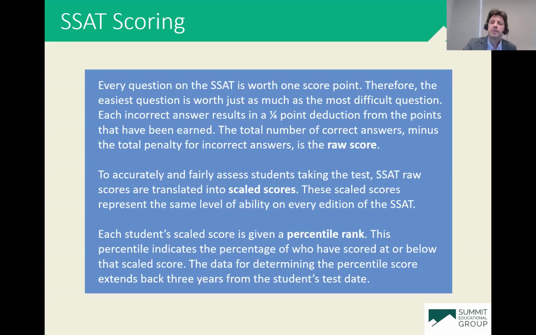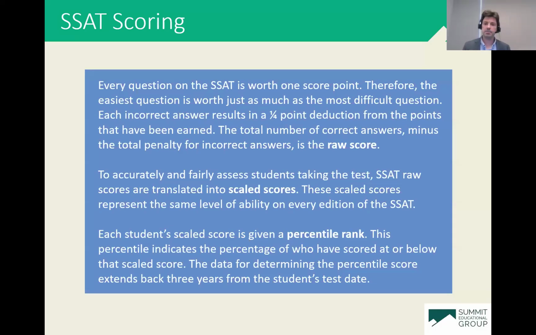And then the SSAT also has what we call, again, back old school to the SAT, if you remember that, what's called the guessing penalty. So the way this raw score is calculated is they're going to add up every single question that a student got right in, for instance, the reading. And any question that a student skips is just going to be +0. So +1 for every question they've answered correctly, +0 for any question that they've skipped. And then there is a 1/4 point deduction, we call it the guessing penalty, for every question that they get wrong.